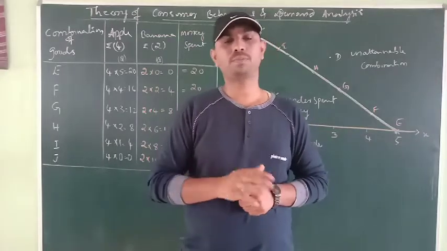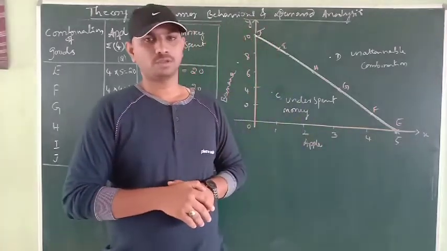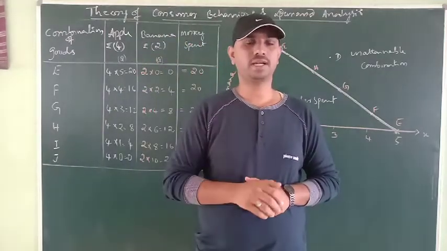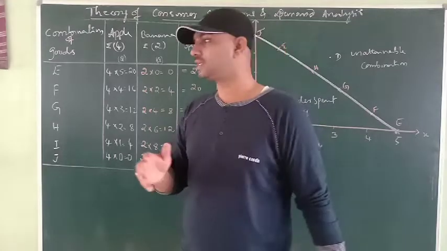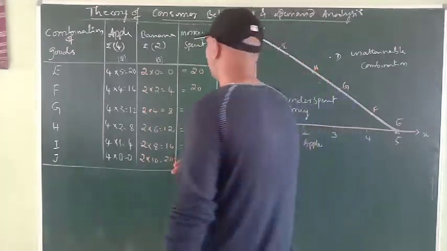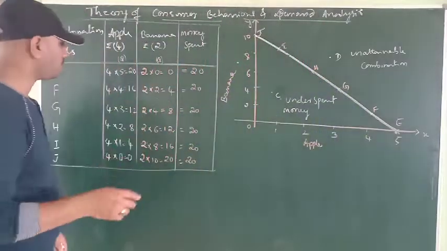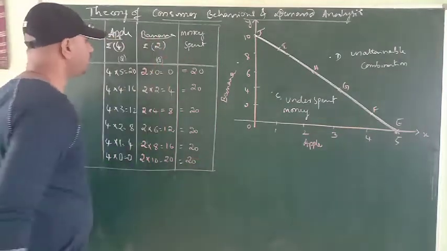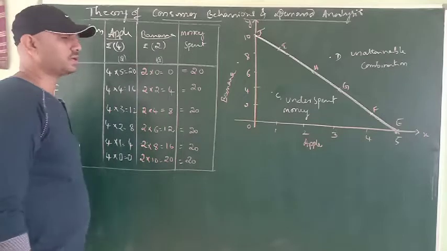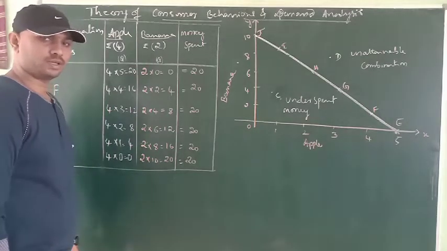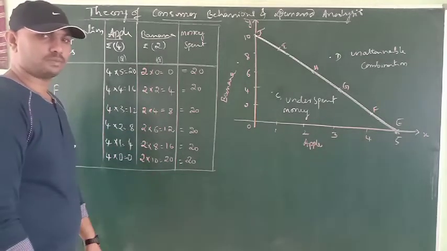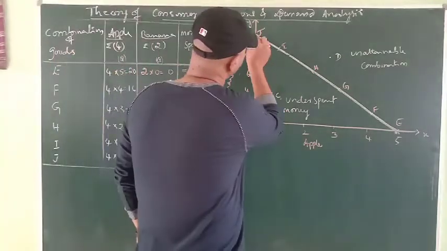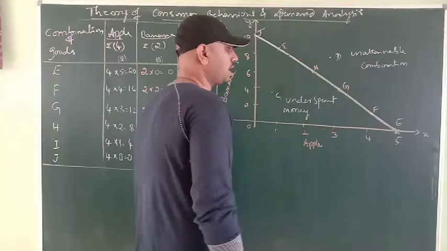There are four properties of budget line. Before going to the properties, you need to understand budget line and budget set once again. Budget line is all about the different possible combinations of two goods. We have taken two goods here, apple and banana. Whatever different combinations a consumer is ready to get of the two goods is called the budget line. That is the budget line we have already tried to digest in the last topic.